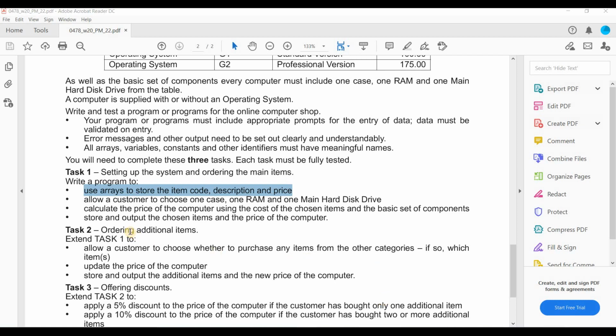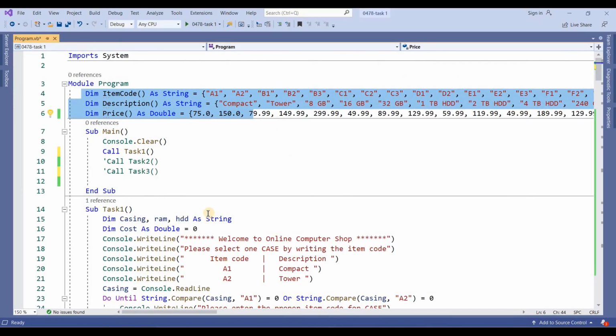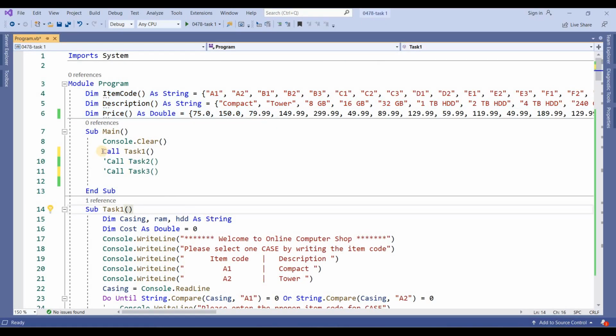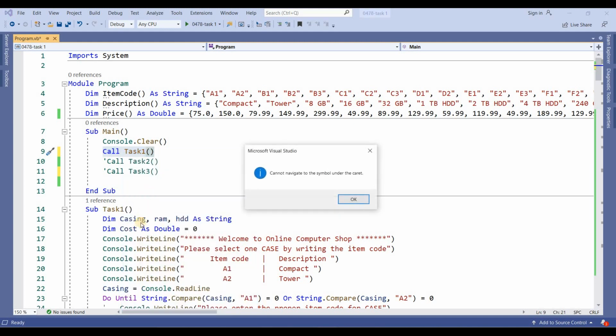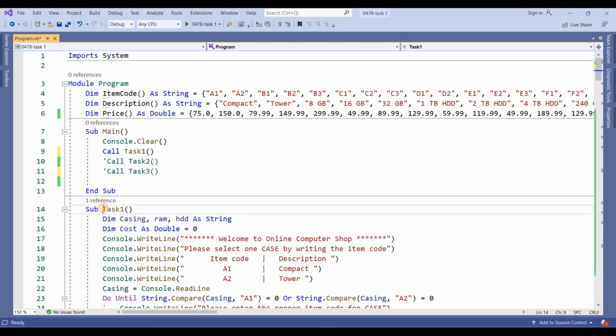The next question is: allow a customer to choose one case, one RAM, and one main hard disk drive. After this I have written this routine. Only this routine will be executed within the main function. Now I will right click on it and go to definition. Okay, the definition is there. This is task 1.